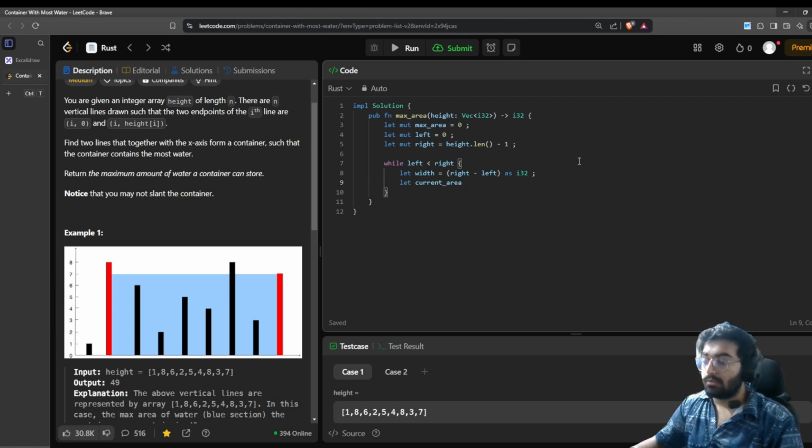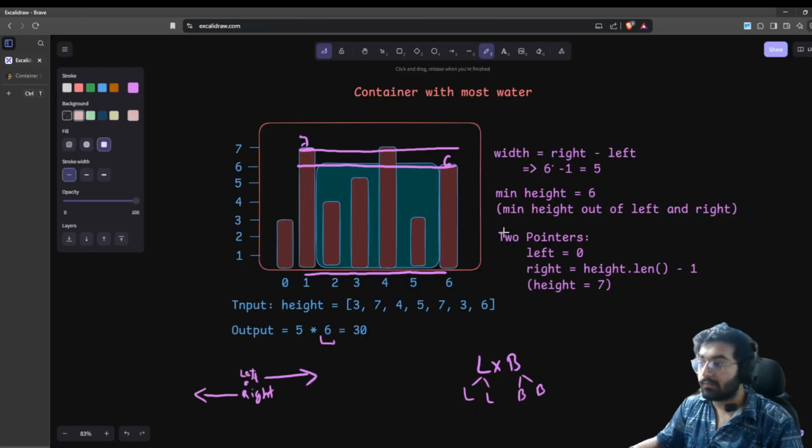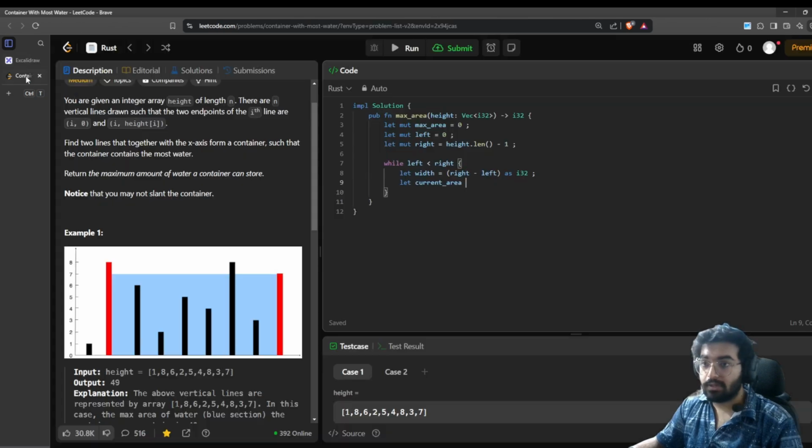This would give us the width, right minus left, like we saw here: 6 minus 1, 5, right? It would give us the current area, which would be width into